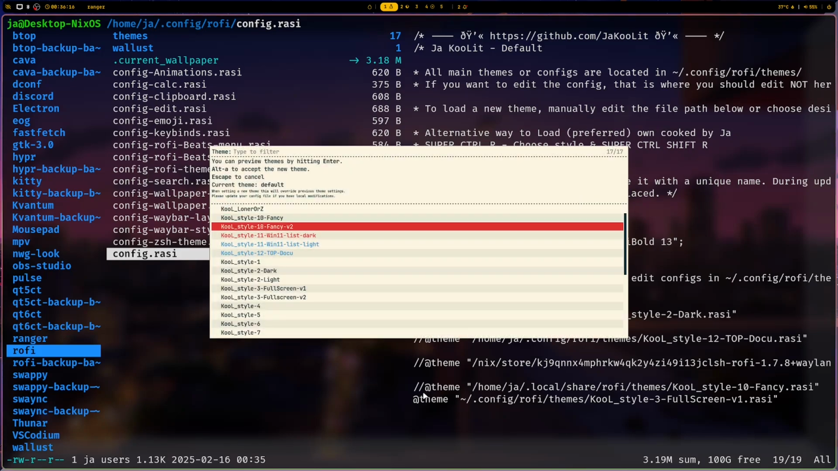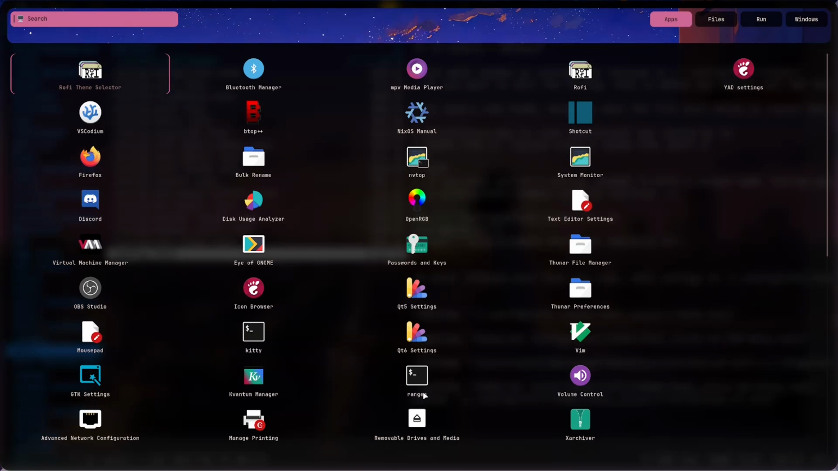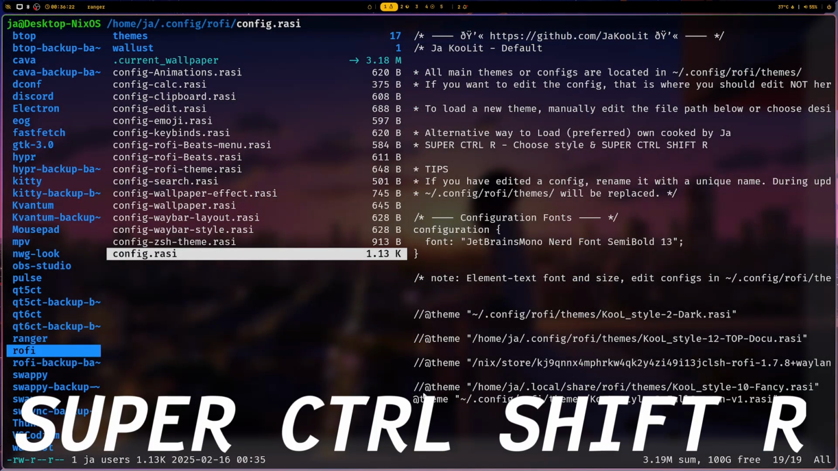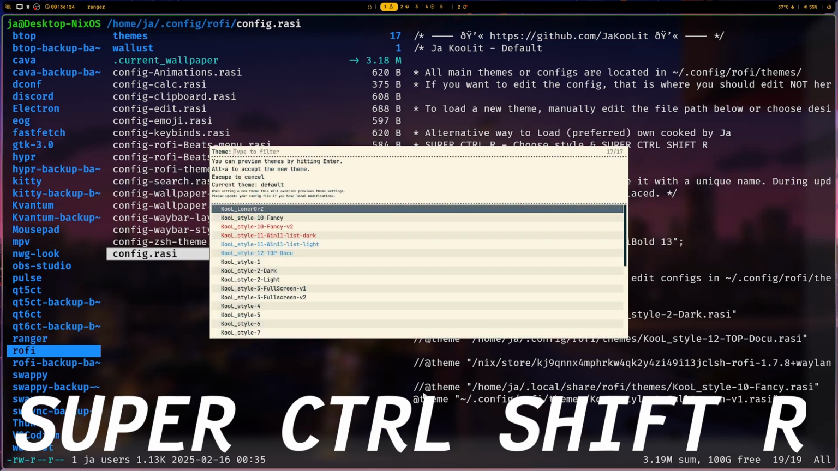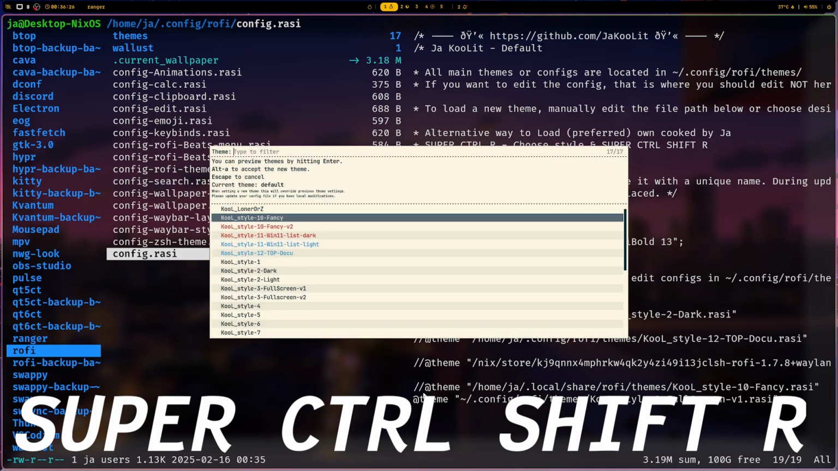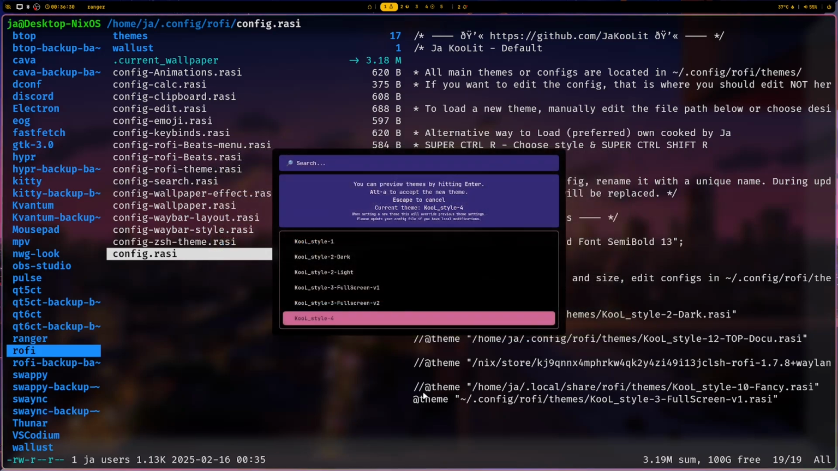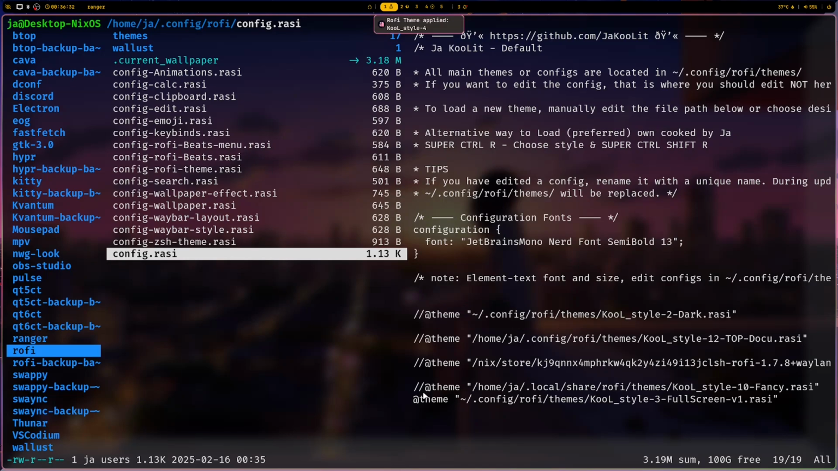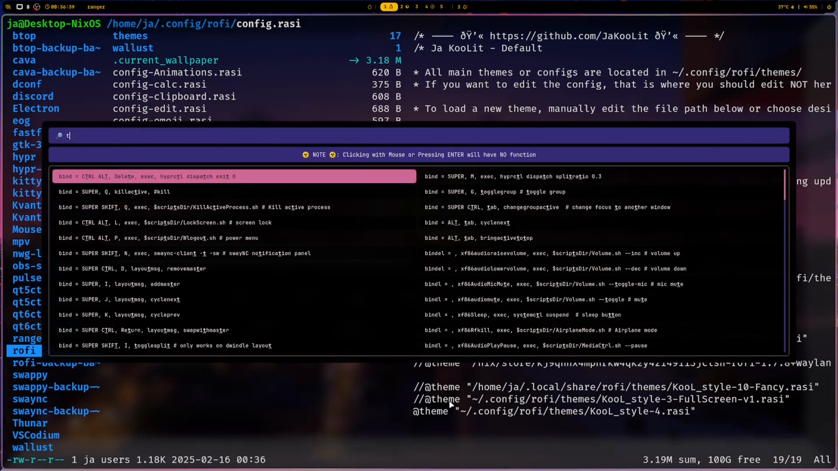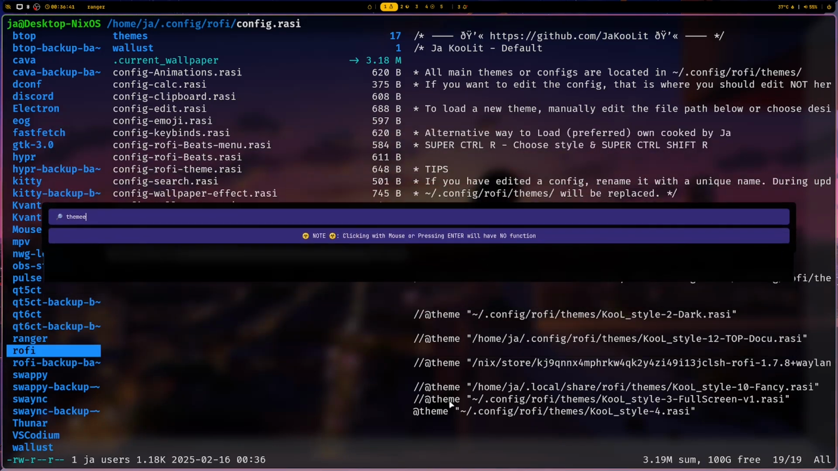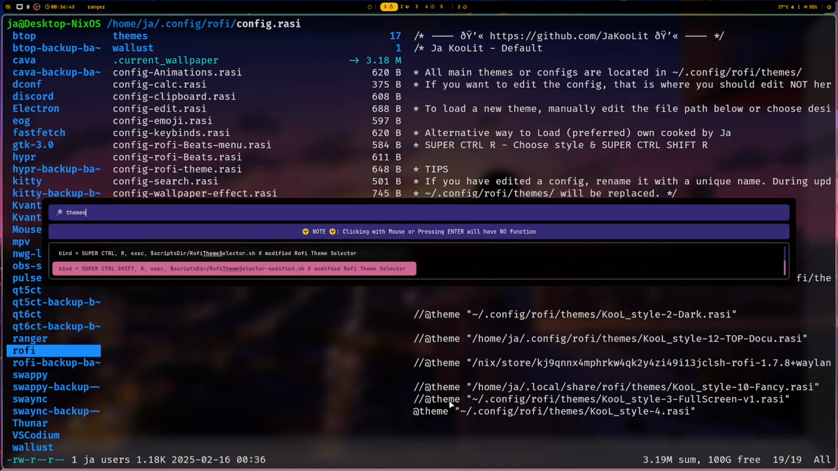So let's choose again another one, and that was a different theme now. So Super Control Shift R. Then let's take, for example, another theme, apply it by Alt A. Then you will see it in here. The other one, Super Shift K again, search for themes,